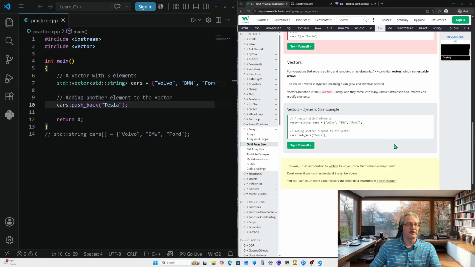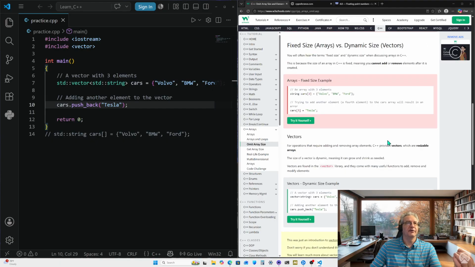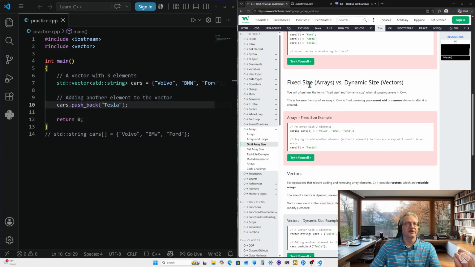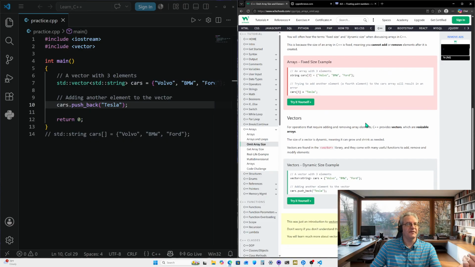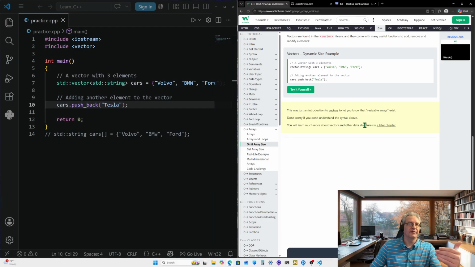Because right now there's a lot of other stuff for C++ that we don't even know exists. So we have discovered that there is such a thing as a fixed size and a dynamic size. We don't know how these work with either arrays or vectors very well yet. And then we know that there is such a thing as vectors. So we are discovering it. We are not necessarily learning about it. You can't really learn about it until you get farther into it. So anyways,